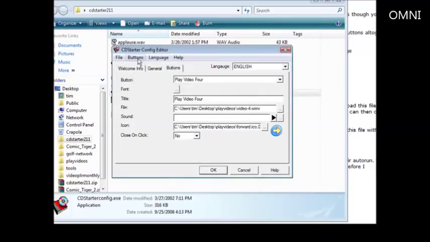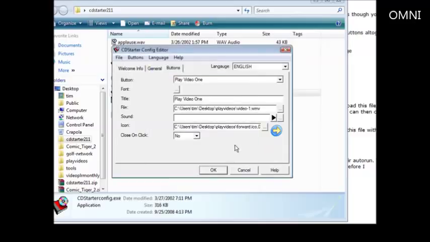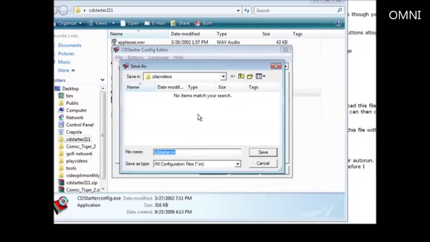Okay, so I went ahead and finished that. Now we can click on order, and video 1, 2, 3, 4. If we wanted to switch these around, we could just pick them and move them up and down. So we're okay with that. Now all that's left to do is click OK, and then where we're going to save it,